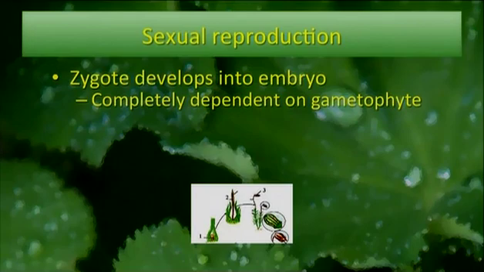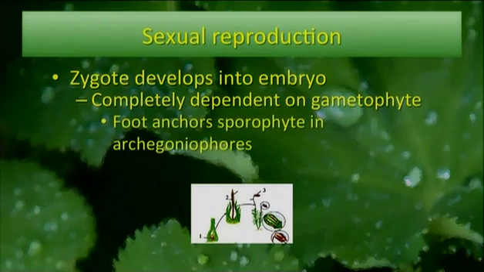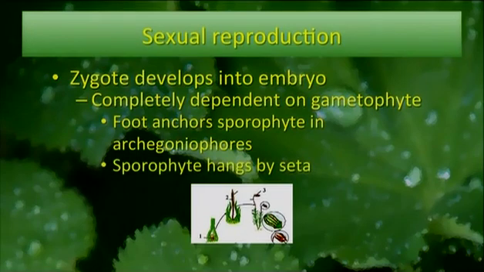The sporophyte is sort of like a little coconut emerging from under the fronds of the female gametophore. The foot anchors the sporophyte in the archegoniophores, or the female parts,